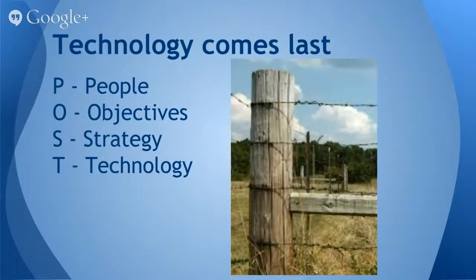Let's not get too stuck on the technology, though. Really, when picking what kind of technology you're going to use on your campaign, the technology comes last. You really need to start with thinking about the people, specifically the people in your campaign. If you have a large group of people on your campaign who just don't have the technical skills or capacity to handle the latest gizmo, it's really not in your interest to use that, even if it may promise the cutting edge. Really, think about the people you have available to you, your volunteers and campaign staff, and then think